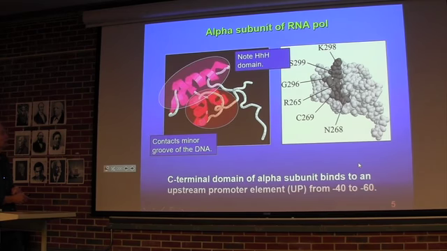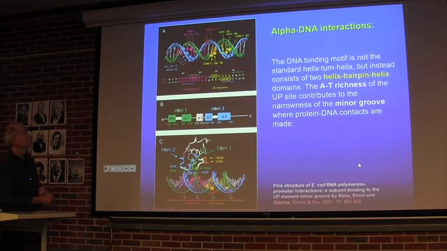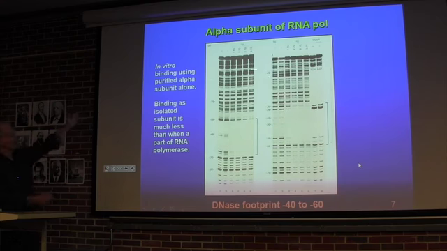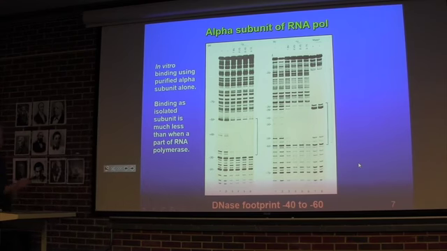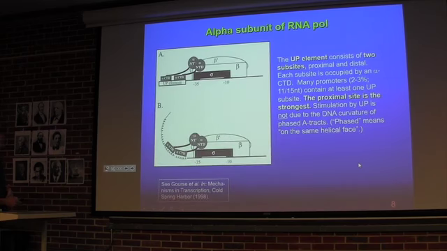Helix-hairpin-helix. And this illustrates what I just said. This is the DNA's footprint. You see where it does bind. It binds from about -40 to -60. Here's some more examples. Many promoters,